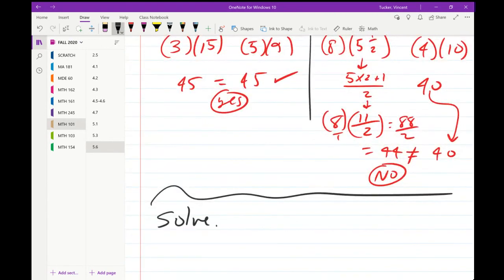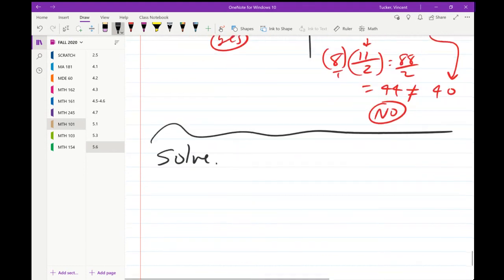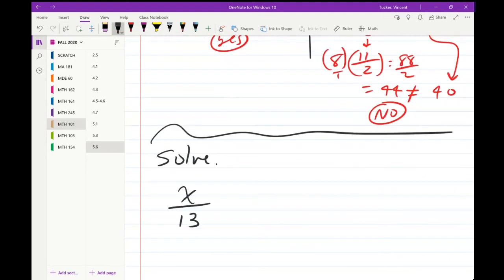We're going to have proportions that are missing one piece, and we can solve for the missing piece by cross multiplying. So if I have x over 13 equal to 6 over 39,